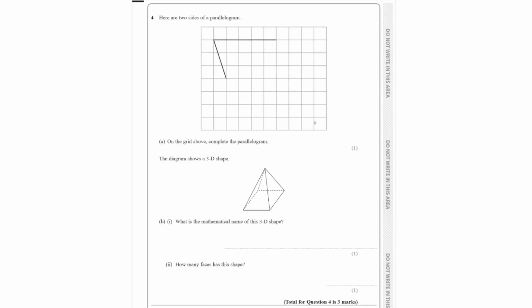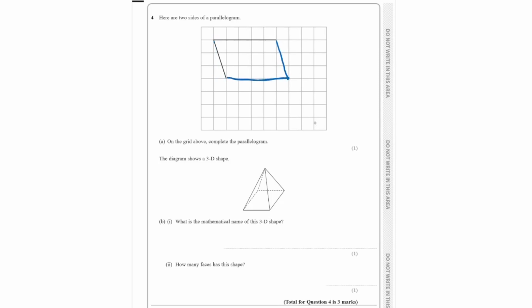Here are two sides of a parallelogram on the grid above. Complete the parallelogram. So we can see from this point to this point, it simply moves down by 3 units and to the right by 1 unit. So we'll copy that here. It moves down 3 units and moves to the right by 1 unit. So that means our final answer is here. And we simply connect the lines